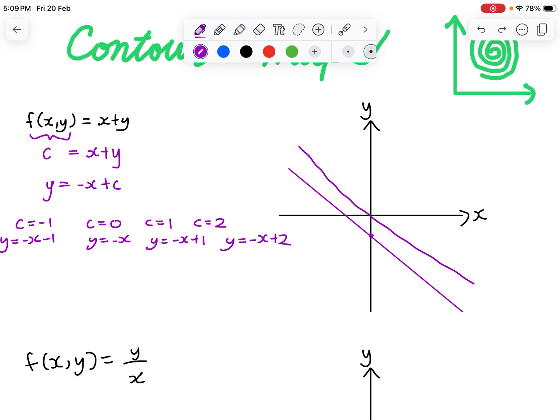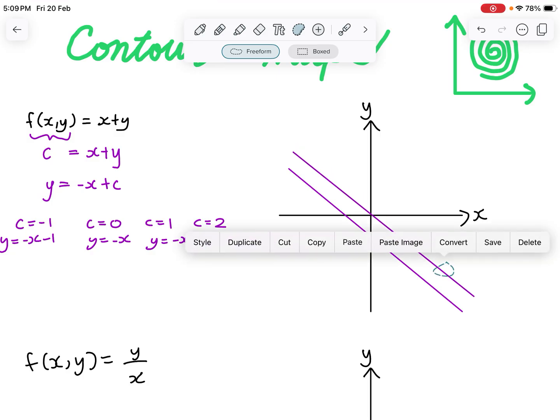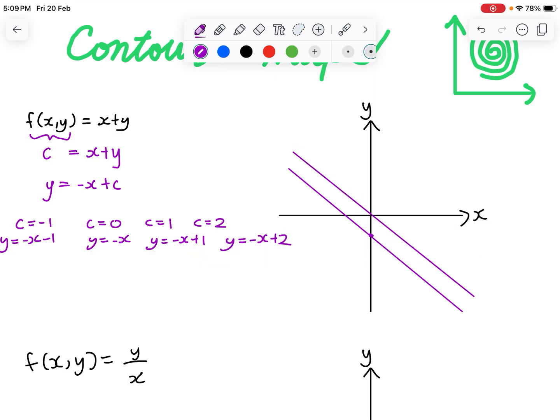So one thing to note with contour maps is that it's functions after functions, so it doesn't necessarily have to be... you know how like when we have something like this would not be considered a function because it doesn't pass the horizontal line test, but a contour map is like a map, right? It maps out the different versions of different graphs combined together, and so it's okay in this case to have